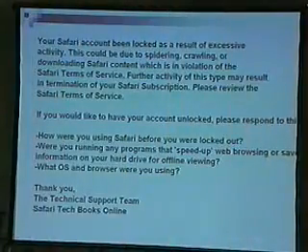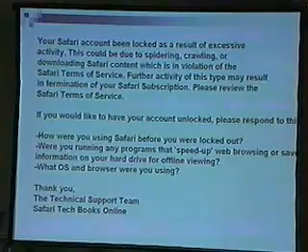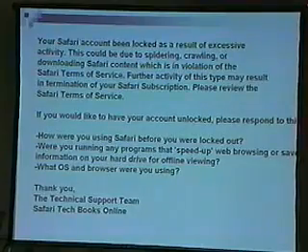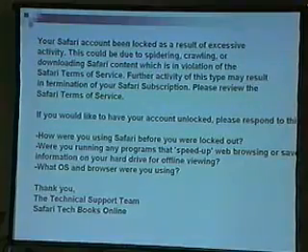If you do get your account locked out, this is the message you get. Your Safari account has been locked as a result of excessive activity. And they say if you want to have your account unlocked, just send them an email and they'll do it. When I got this message, I actually asked them to do it. They did unlock the account, but I had a valid account that I was paying for. This was not on the 14-day trial or anything, but my account got locked and I asked them to unlock it. I had just been billed for it not too long before, and it took them about 3 weeks to respond. They unlocked the account, but just so that they could bill me the next day, it seemed. And I didn't think that was very nice.